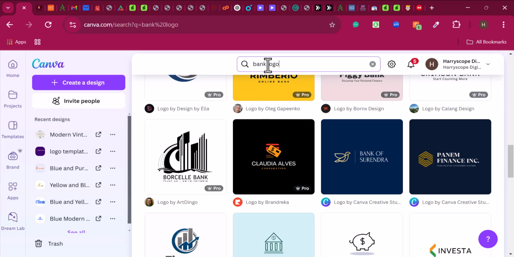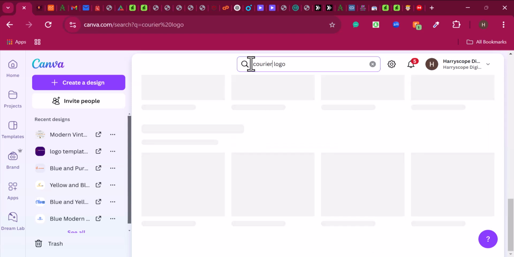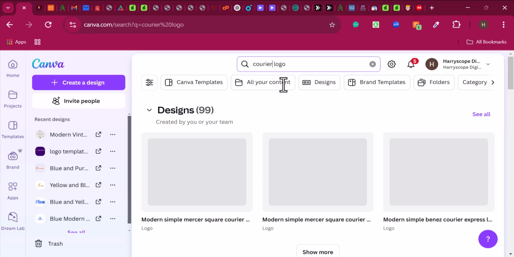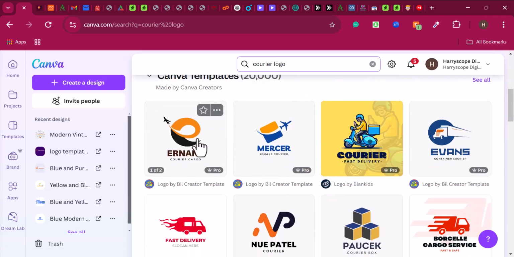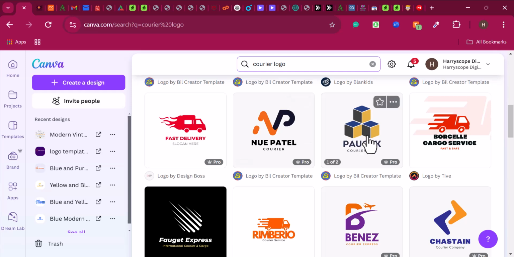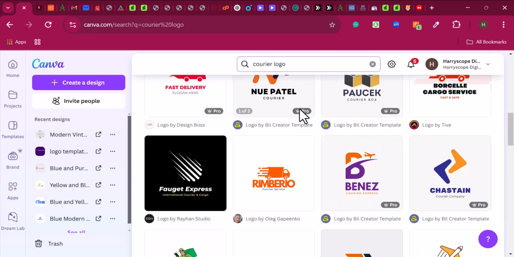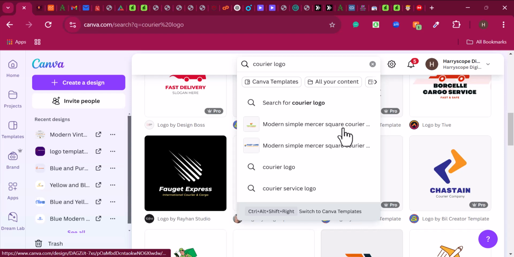Now, if it is a school logo or Korea logo, you could just search for it. The basic thing is knowing the prompts of what you want to design, and then you search for it exactly. If you search for Korea logo, you can see different Korea logo designs that are here. Just like that. So now let's go back again and we'll search for, let's say,